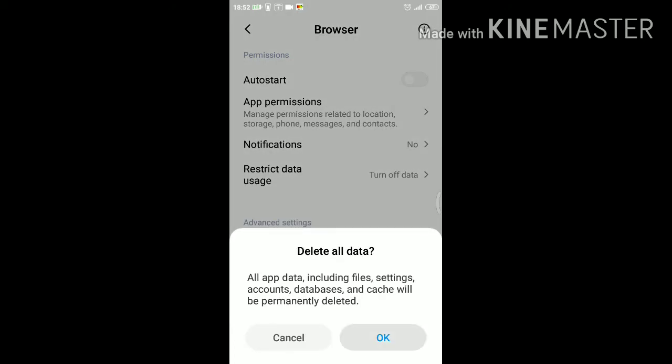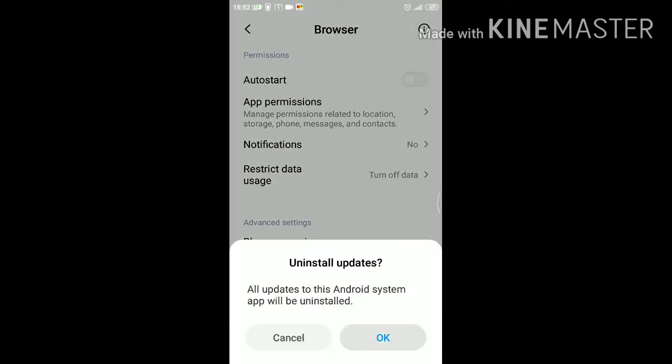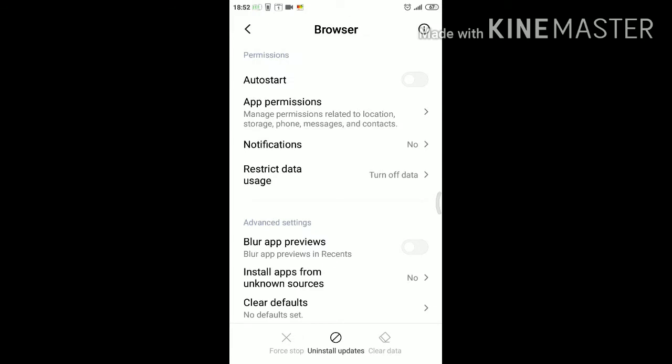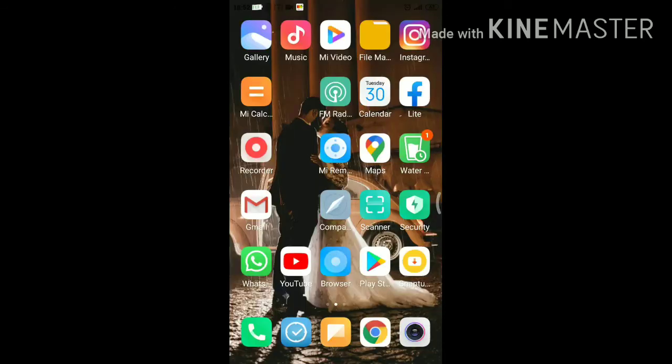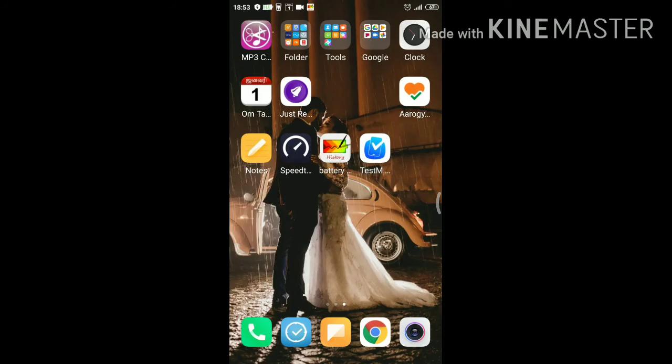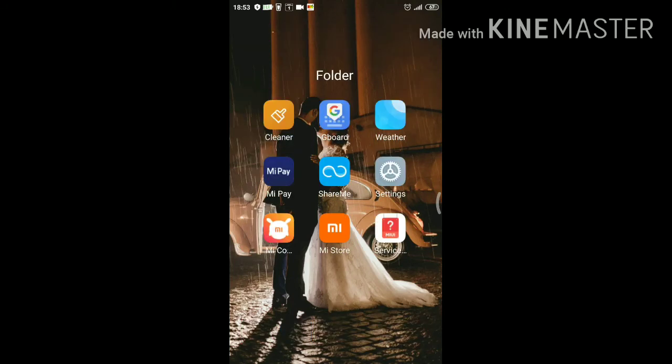I will clear all the data in the app and uninstall the app, because uninstallation means it's not that the app is going to get uninstalled, but the updates will get uninstalled. So the app won't be with updates. I have to uninstall the updates for inbuilt apps. This is what you have to keep in mind. You have to uninstall the updates for the apps which are inbuilt. Disconnect the mobile data connection which the app has access to. All this you have to do.